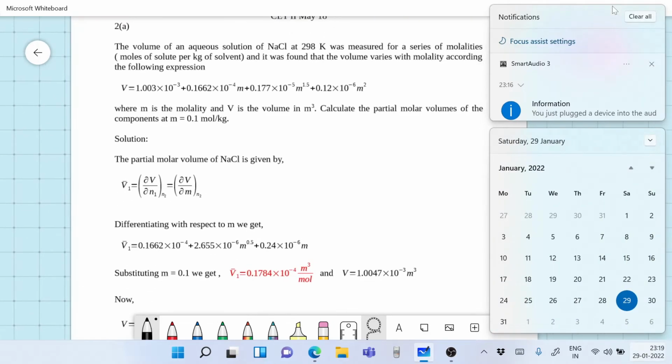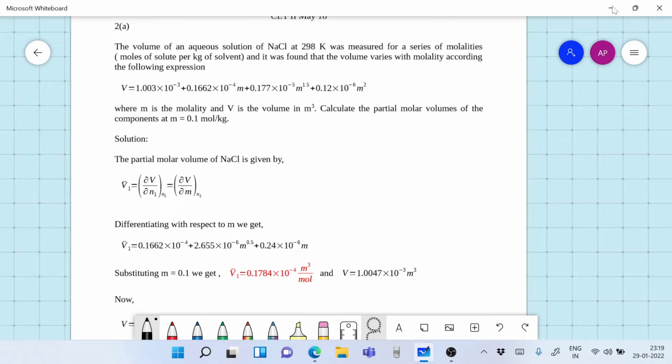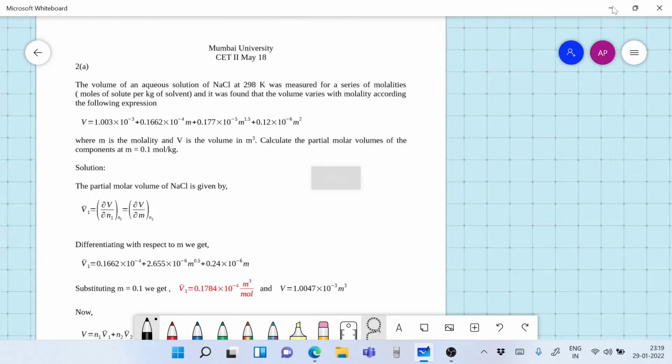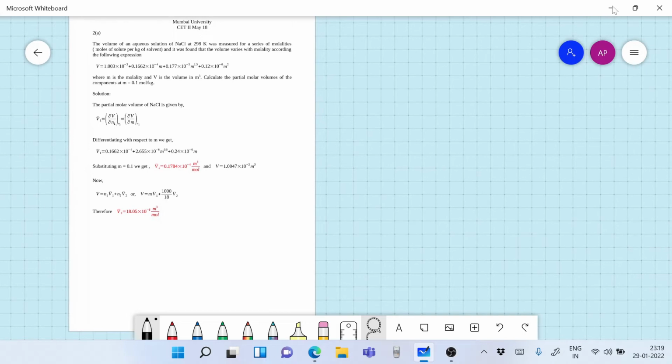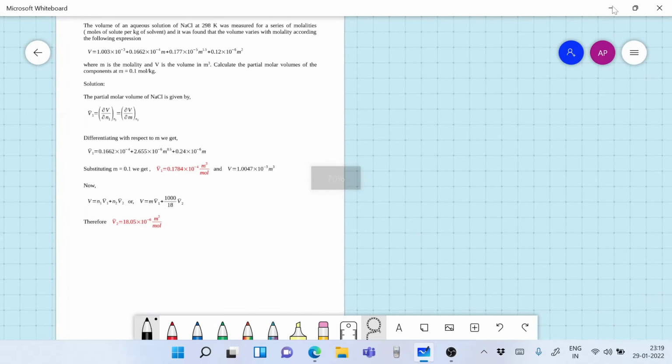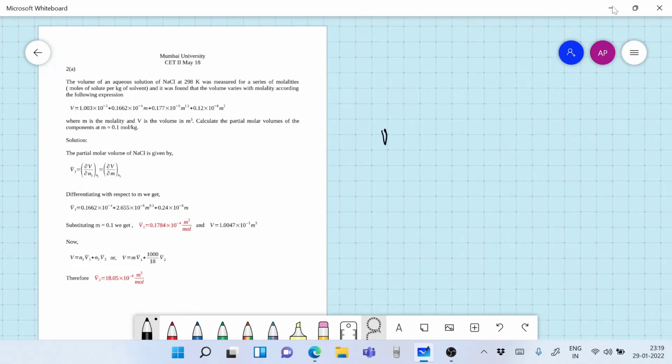Now, the solution for this is pretty straightforward if we know the definition of partial molar properties. Let us say we have V as the volume of a mixture, and obviously the mixture is going to be the summation of the moles. If V is the total volume, that is in meter cube,